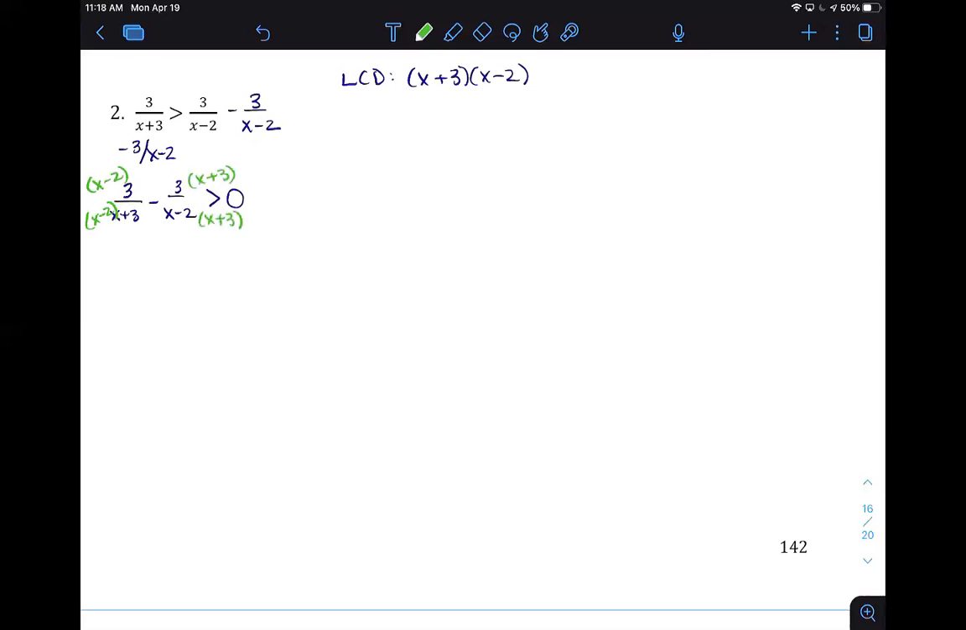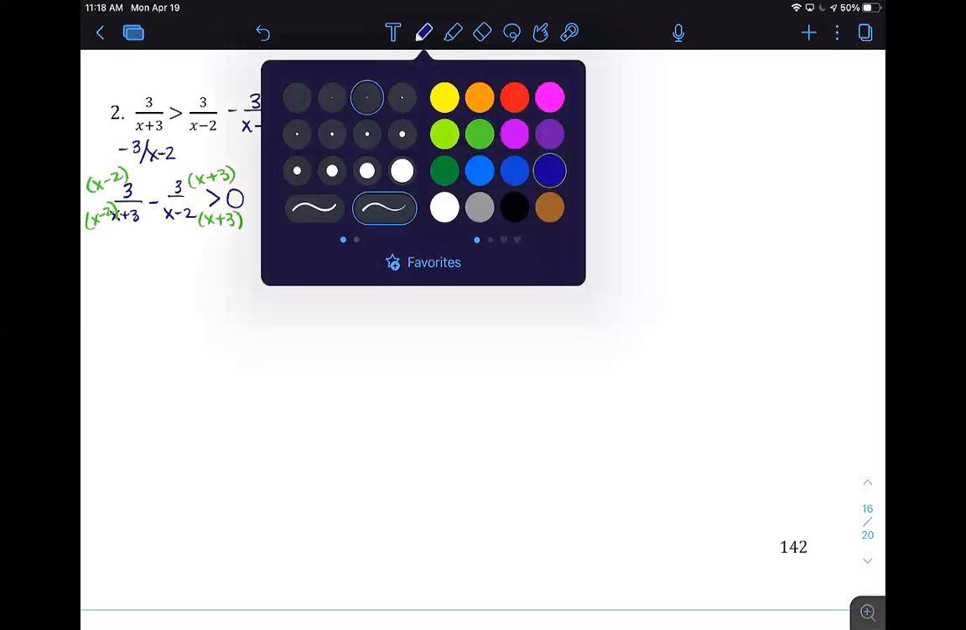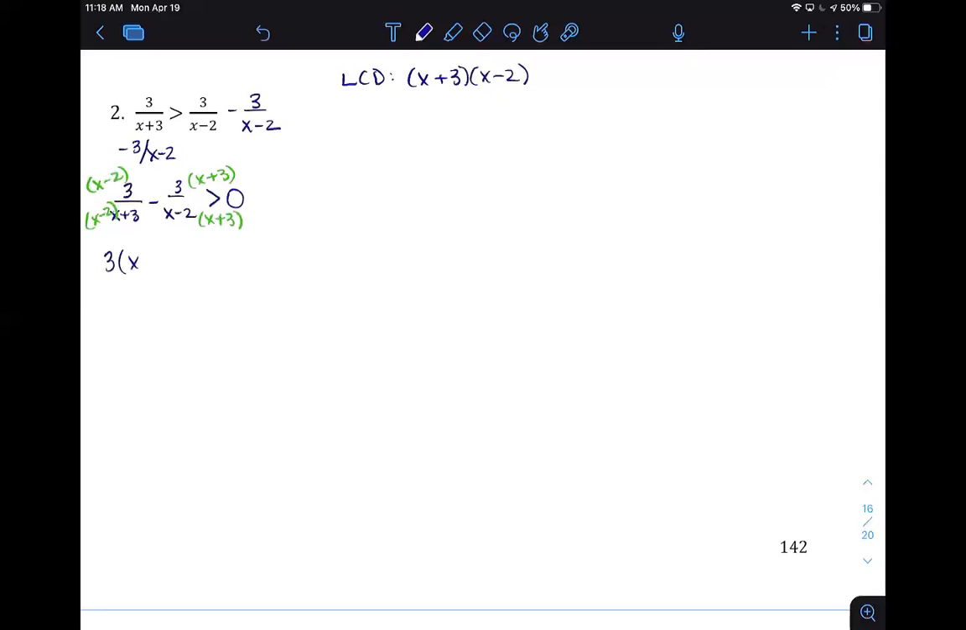Okay. So now if we write this out, we have 3 times the quantity x minus 2 minus 3 times the quantity x plus 3 all over our common denominator x minus 2 times x plus 3 is greater than 0. Now we're going to distribute. So 3 times the quantity x minus 2 is 3x minus 6. And negative 3 times the quantity of x plus 3 is a negative 3x minus 9, all over your common denominator,